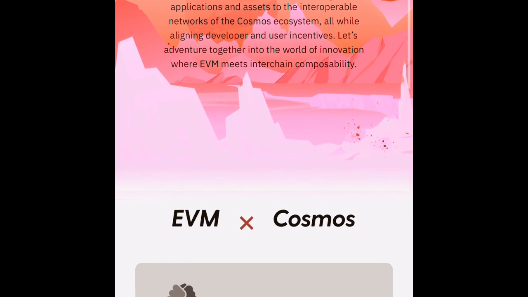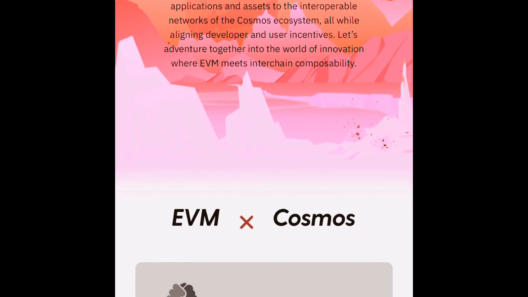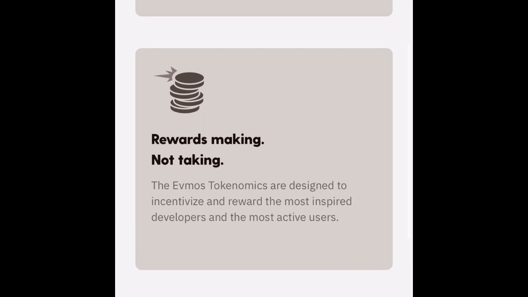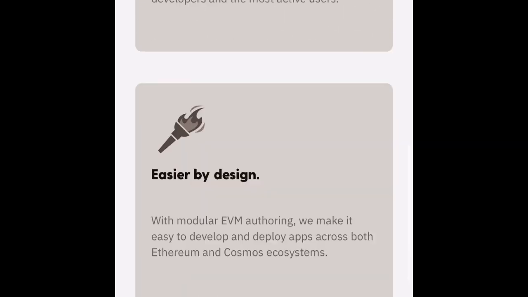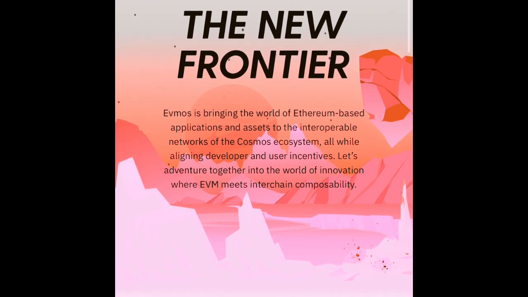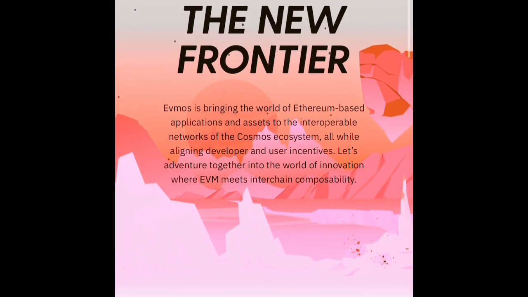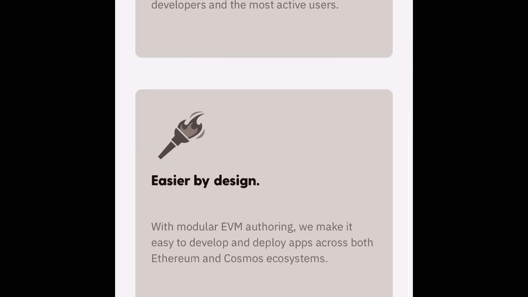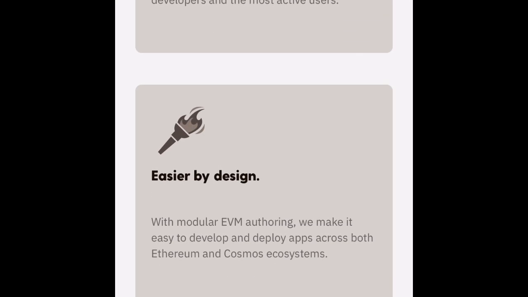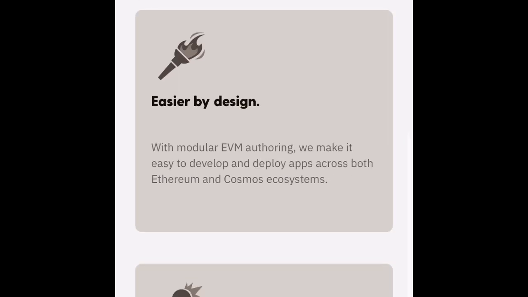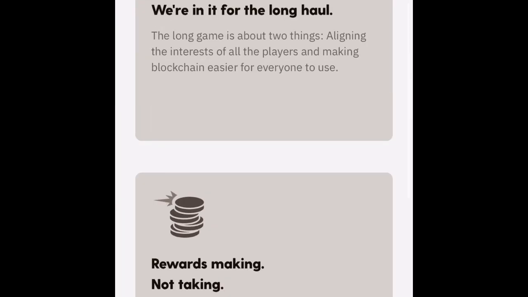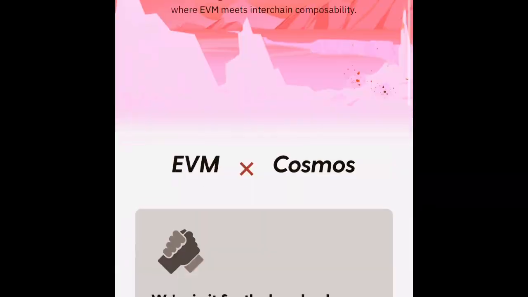All right, guys, this is the main Evmos website. I think it's evmos.org, if I'm not mistaken. Yeah, evmos.org. And here it'll just tell you a few things. This is the main website. The scrolling feels good, silky smooth. I like a very smooth user interface, and my personal opinion is Cosmos has the best user interfaces in DeFi, in just crypto in general. They're better than Coinbase and Crypto.com and all these big time guys. I just feel like Cosmos has the silkiest scroll down, scroll up. If you know, you know. If you don't, you will.